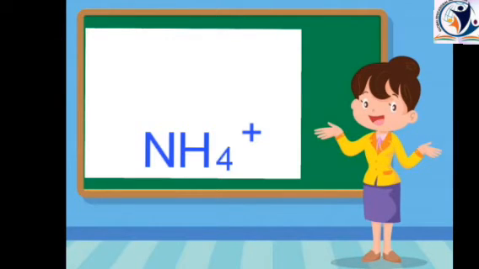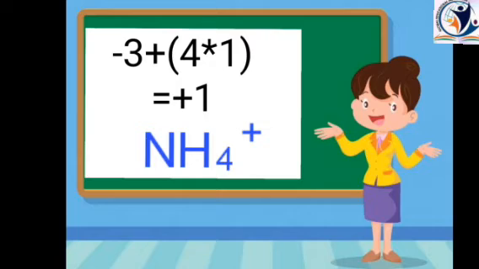How do we get such a formula? Just have a look. Here it is written NH4 plus, that is the ammonium ion. Now we know it is made up of nitrogen and hydrogen. So nitrogen is having the valency -3, which we have already learned previously from the electronic configuration. And there are 4 hydrogen atoms, so we will multiply the valency by 4. We know hydrogen is having 2 valencies, -1 and +1. But we have already taken the negative, so we will take the positive valency of hydrogen. We will multiply 4 into 1. So now we will calculate -3 plus 4 and we will get the valency +1.